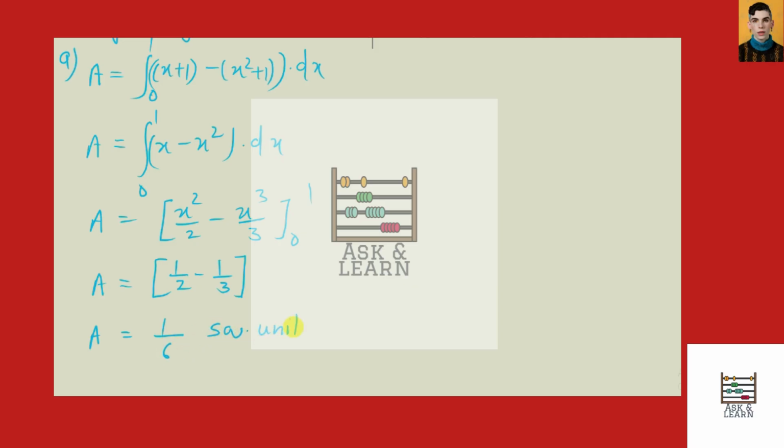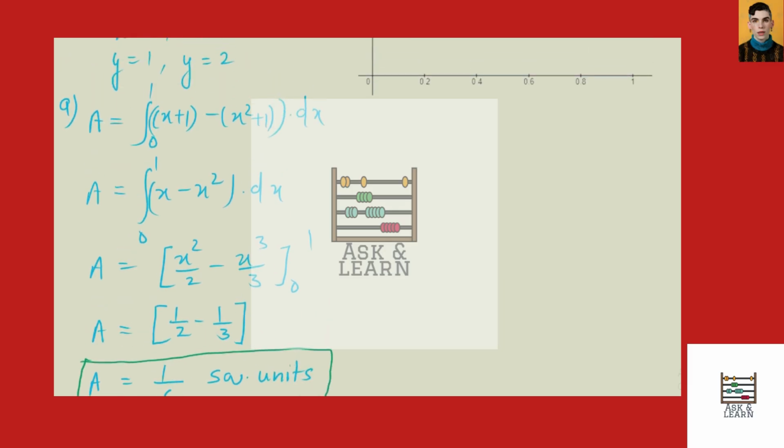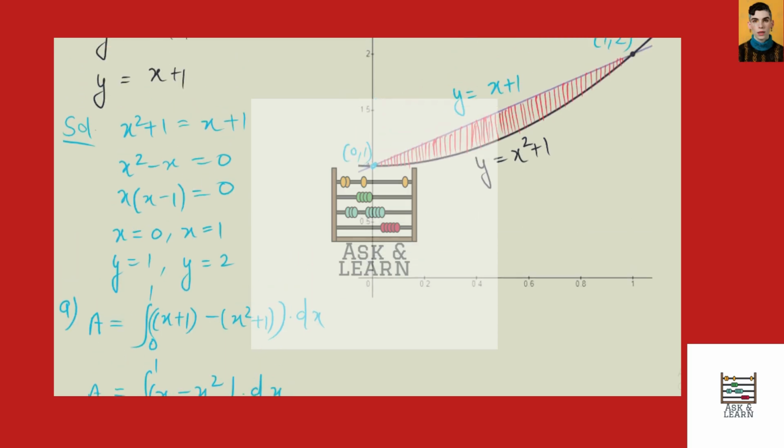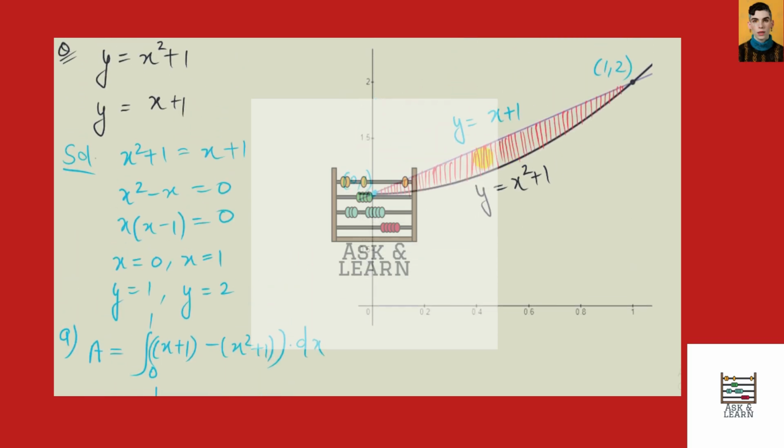So we got the area of the region which is enclosed between these two curves by partitioning the x-axis. Now for the second part, we will calculate the same area by partitioning the y-axis. So first of all, we will look at the figure for the lower and upper curve. So here is the figure, and when we partition the y-axis, we will see that the upper curve will be here, this black one, which is y equals x square plus 1,